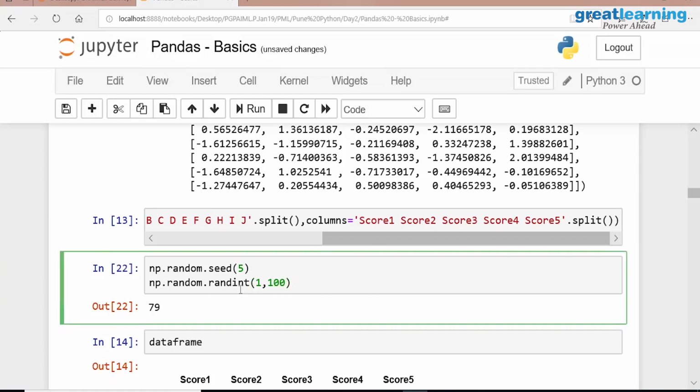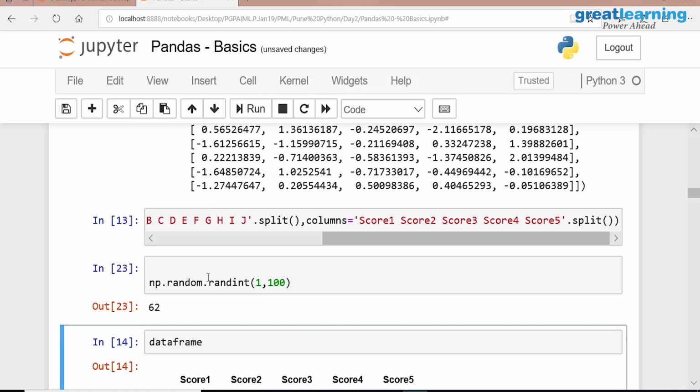So I want to generate a random integer between 1 to 100. If I don't have this seed, I'm getting 62, 17. Every time I execute, I get a different number.